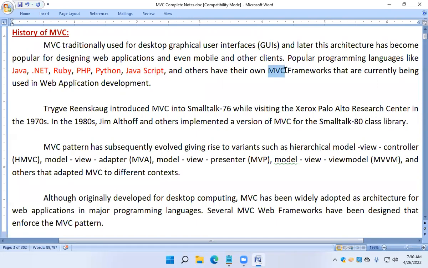There are so many different MVC frameworks available in the market. So MVC is an architecture, that's all. Based on this MVC architecture, most programming languages have launched their own MVC framework. Are you clear? So what are those MVC frameworks? I'll tell you.